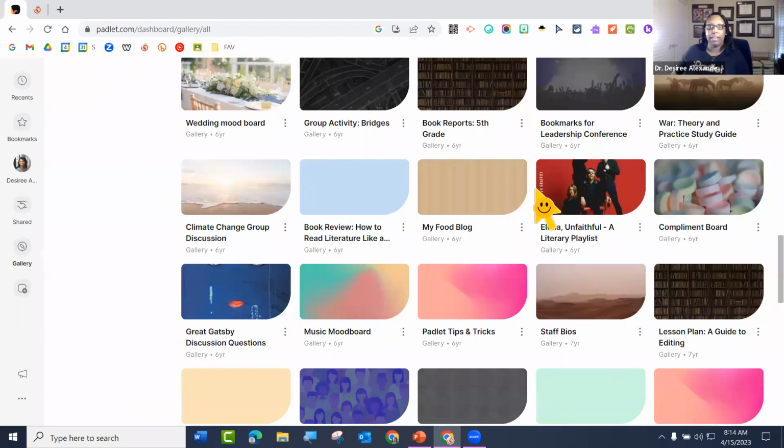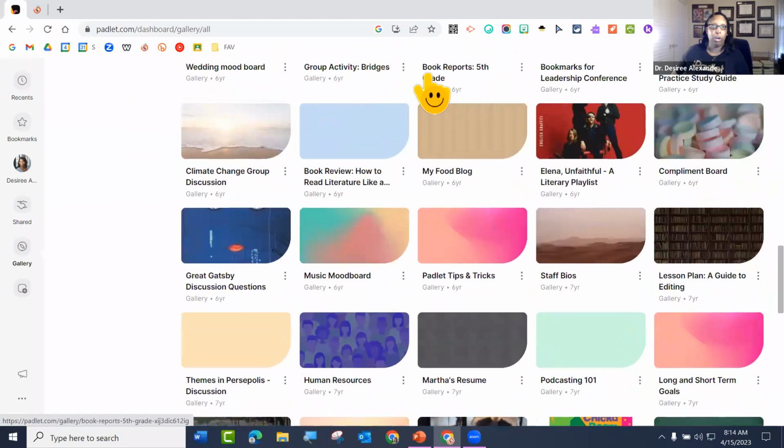So somebody says, hey, this is a Padlet for a book review, and you're like, oh my goodness, I love this. I'm going to use this with my kiddos. You don't have to recreate it yourself if they gave you permission. So I'm going to show you how you can lock down your Padlets and how you can make it where other people can recreate it for themselves. Okay, so for Padlet, you never have to start from scratch.